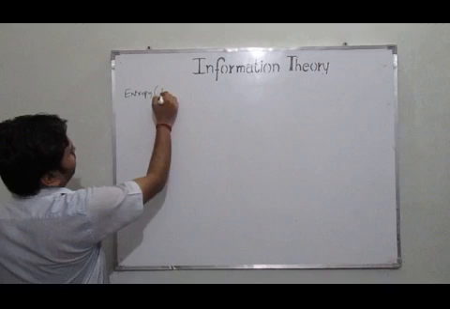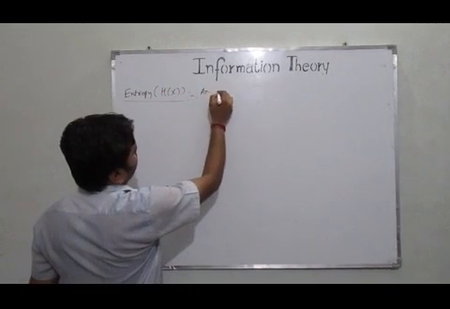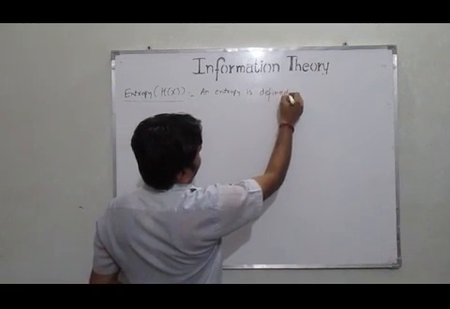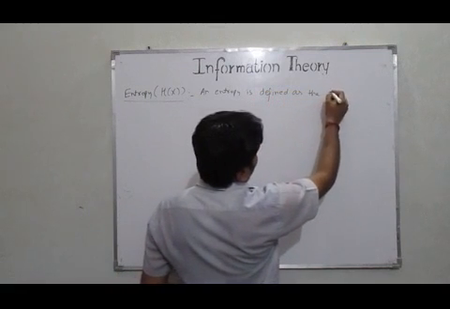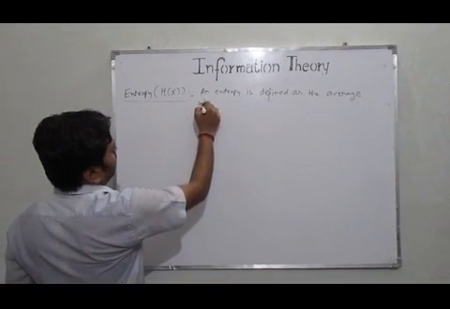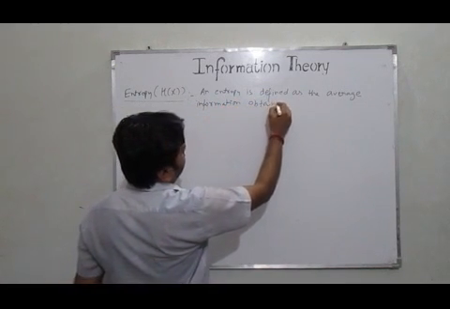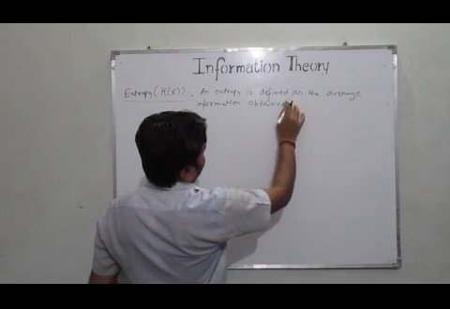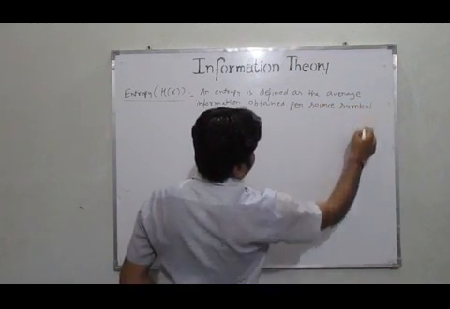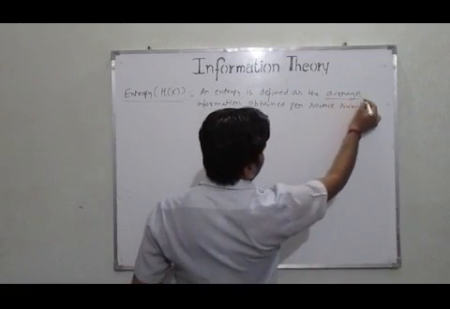Entropy is basically denoted by Hx. So entropy is defined as the average information obtained per source symbol. So this is an important definition of